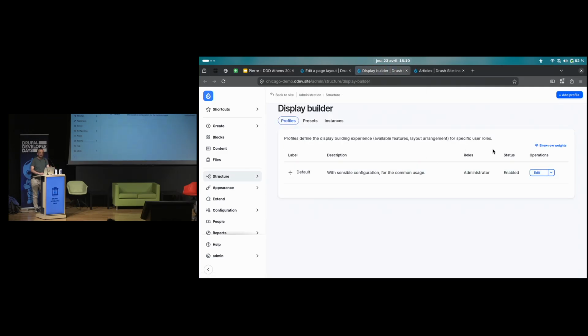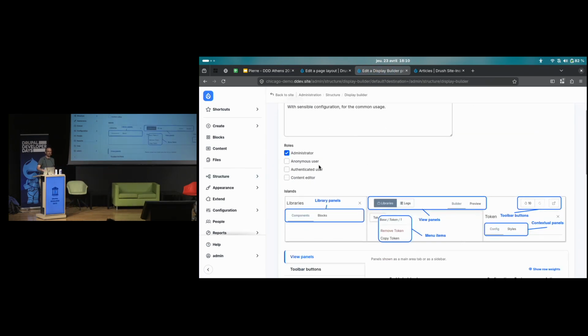Here, I can create as many profiles as I want, and each profile will have a UX and a feature set, and each profile will be linked to a user role. That means you can have a very complex, powerful tool for your team, and you can build a very streamlined, very simple tool for your client, the marketing team and the content editors.